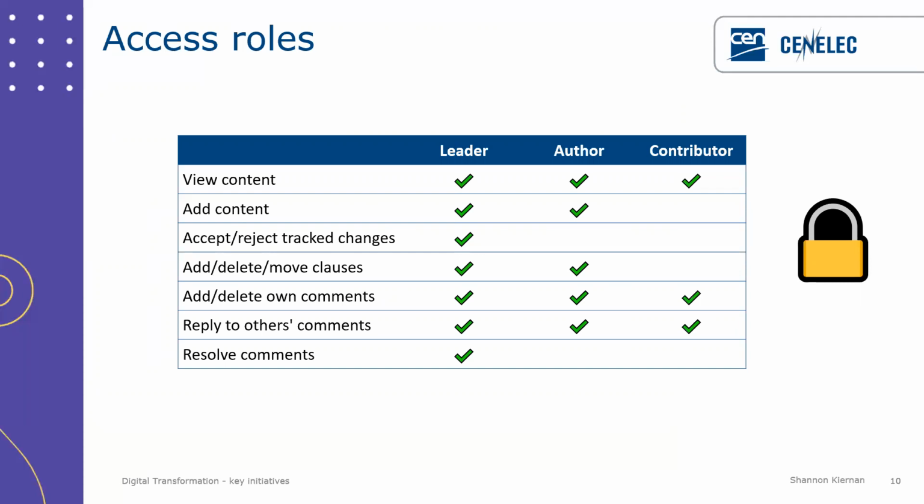Leaders can do everything, and authors can make changes, but usually they have to be approved by the leader before they're embedded. Normally we encourage having around 2 to 4 leaders, and then the rest of the team, depending on the way you prefer to work, you can make them all authors or all contributors or a mixture of both. And you can start one way and change it later, because these can be changed at any time.